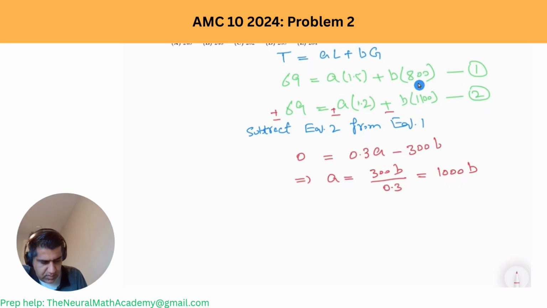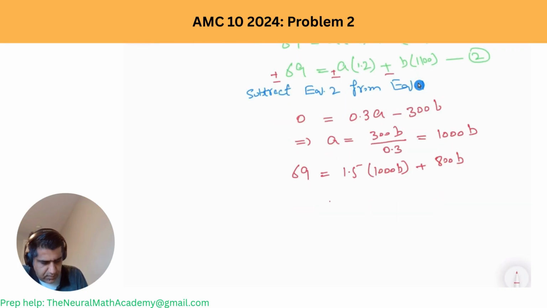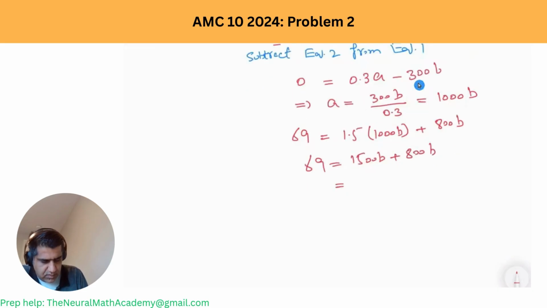So if I do, then I would get 69 is equal to 1.5 times 1000b plus 800b. And then it is now 1500b plus 800b, and upon further solving I get 2300b equal to 69, and so